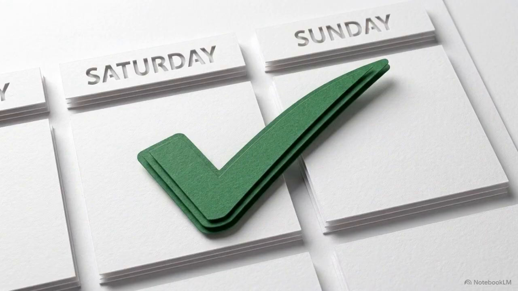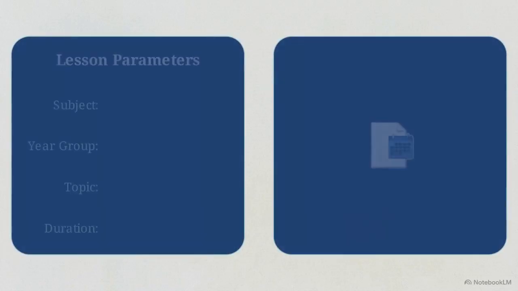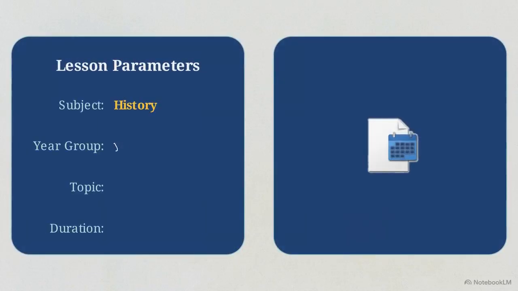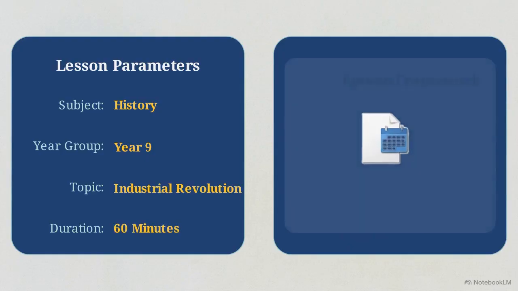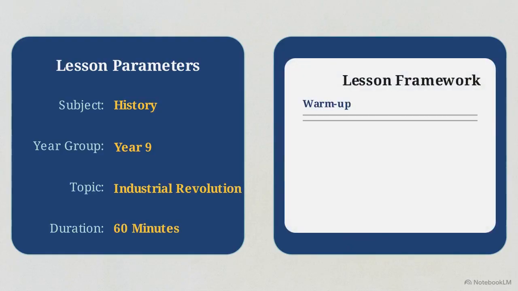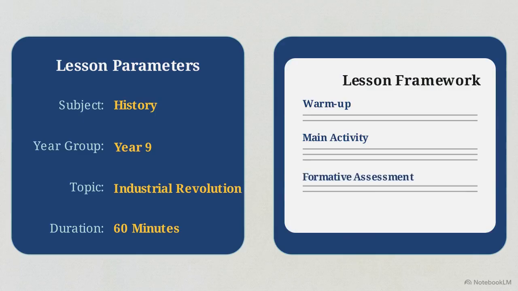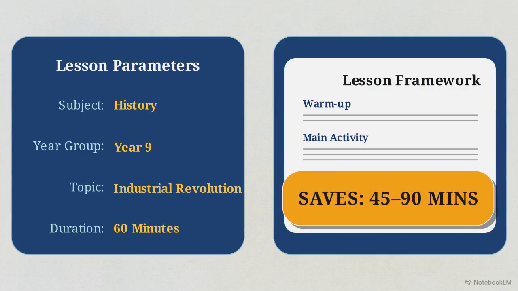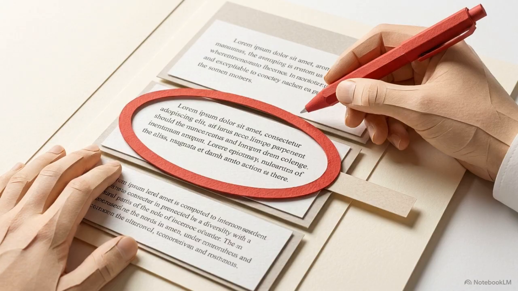This interface is where you'll build your lesson framework. On the left, you type the exact parameters: subject, year group, topic, and duration. The system instantly structures the document into clear sections, breaking out a warm-up, main activity, and formative assessment. The machine builds the structural architecture. You then apply your classroom expertise to refine the details, ensuring the plan fits the specific pacing and needs of